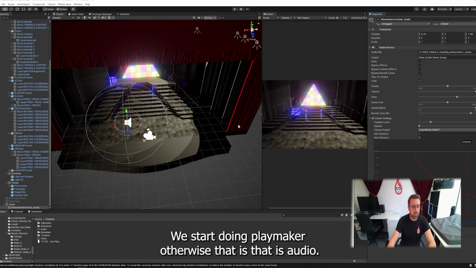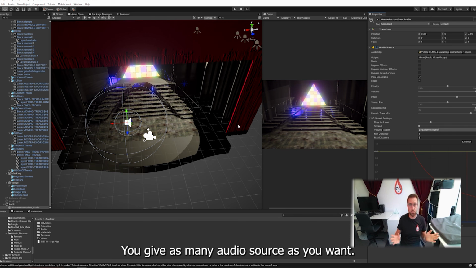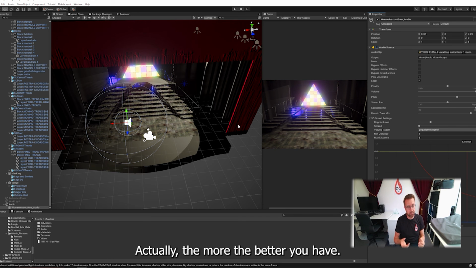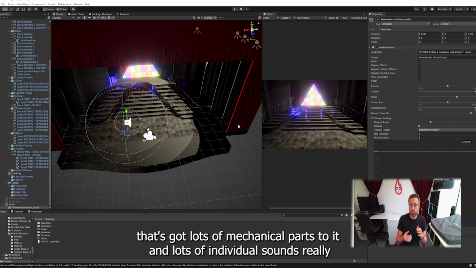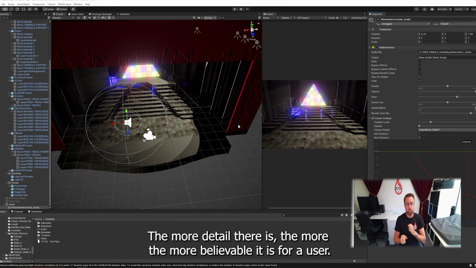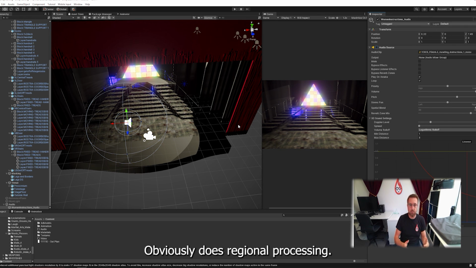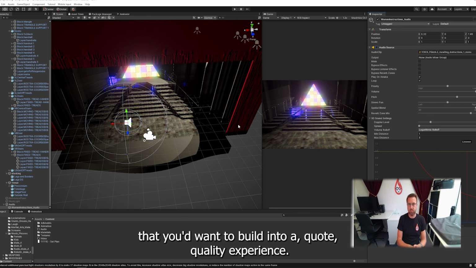Otherwise, that is audio. That is all we're going to do with it right now. And you can have loads of fun creating your own audio source. You can have as many audio sources as you want. Actually, the more the better you have. If you're doing something like a robot or something that's got lots of mechanical parts to it, and you've got lots of individual sounds, you really go to town on that spatial sound, like placing them in every individual cog. The more detail there is, the more believable it is for a user. Obviously, it does use more processing, but that's really the sort of quality that you'd want to build into a